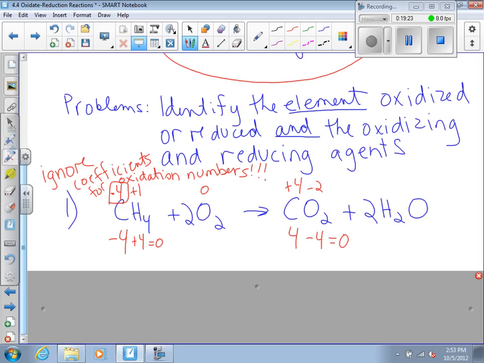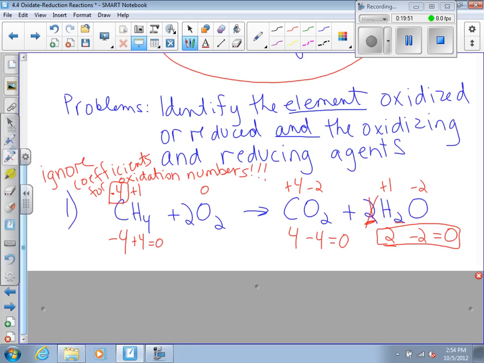Water, we're going to ignore the coefficient. It's there, but it doesn't affect the oxidation numbers. O is -2, and there's only one of them. This has to add to 0, so the hydrogen has to add to 2. And we also have the rule that hydrogen is always +1. +1 times 2 is 2, so this works, along with the rules about hydrogen and oxygen. Okay, we've got all of our